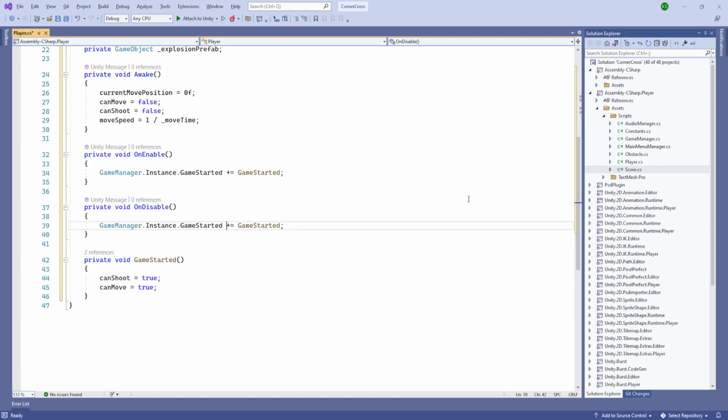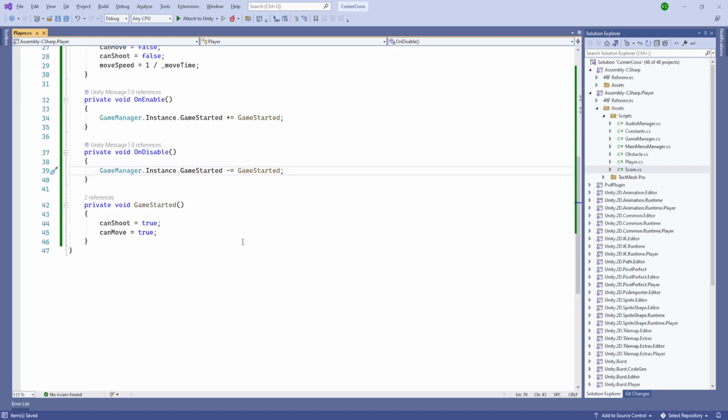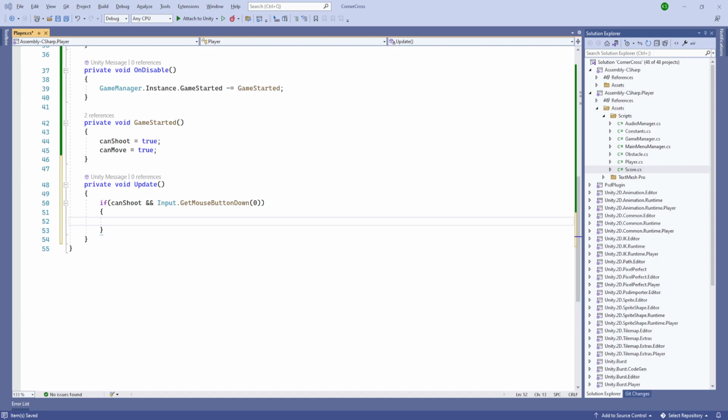And let's copy this, and here we'll unsubscribe. And inside our Update method, if we can shoot and Input.GetMouseButtonDown(0), then we'll multiply the move speed by -1,